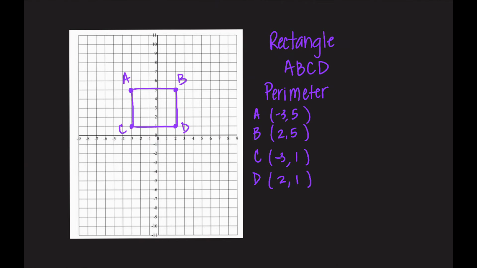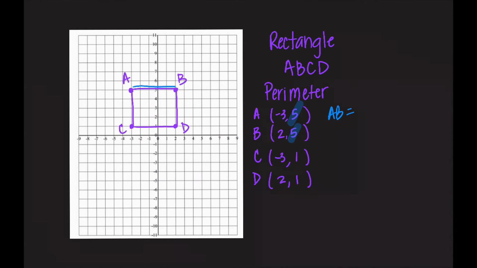So first we are going to find the value of A to B. We're going to be doing this distance right here. So we're going to look at these ordered pairs again and see that I have a 5 here and a 5 here. My y coordinates are the same, so I'm not going to worry about those. I'm going to use the absolute values